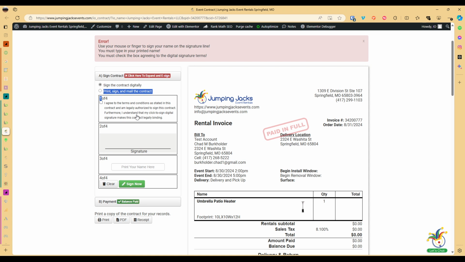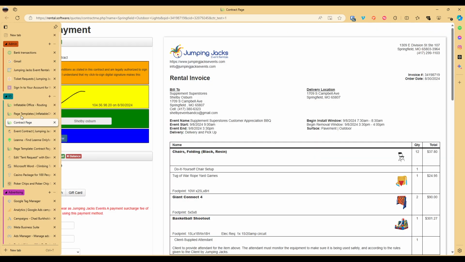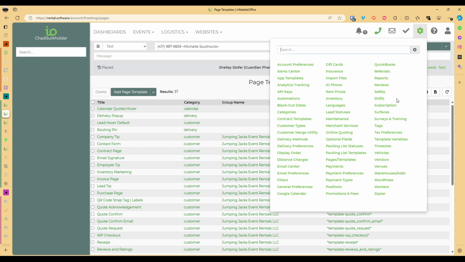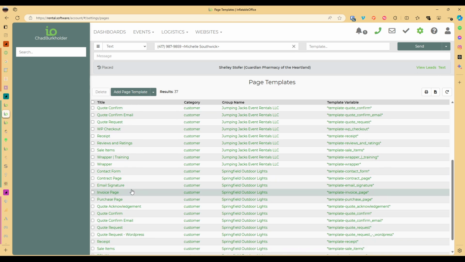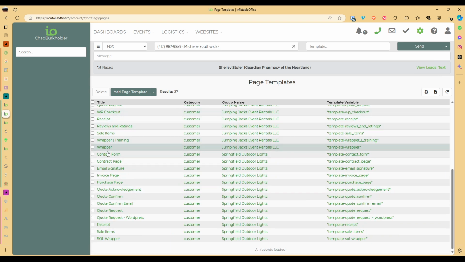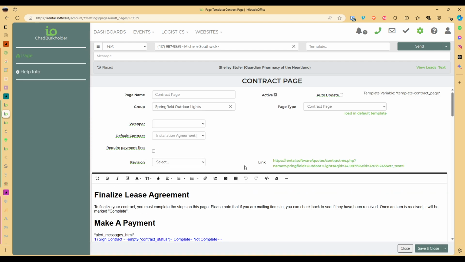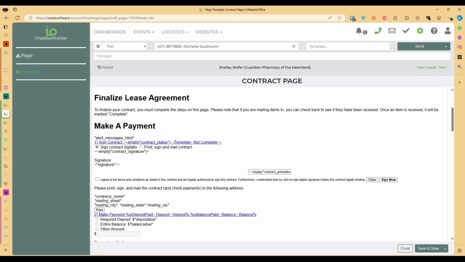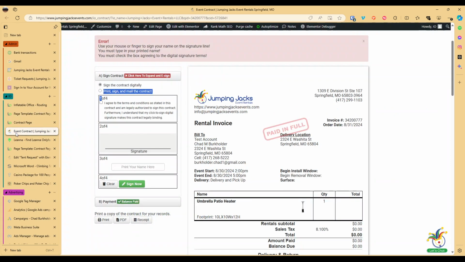All right. So the first thing we're gonna do is go to settings, pages and templates, and we're going to come down to your contract page. Now I have 2 page groups. I've already done one, so I'm not going to adjust it. I'm going to come down to this one, contract page group, and now we're here. Contract page. So the first thing we're going to do is this right here, where we're going to make it a little more